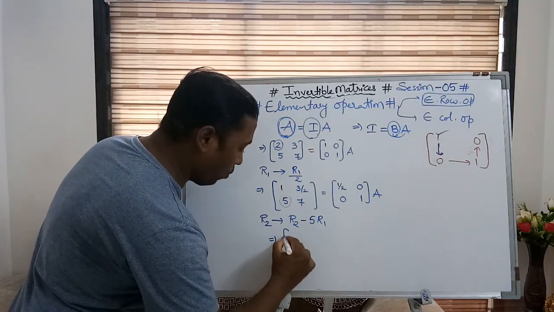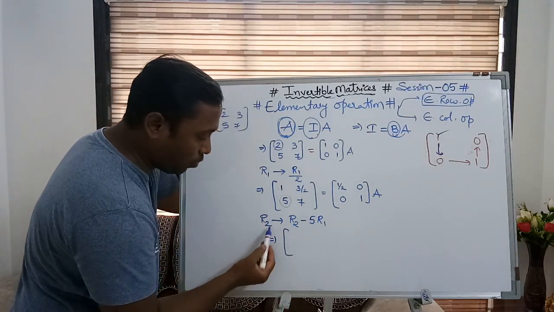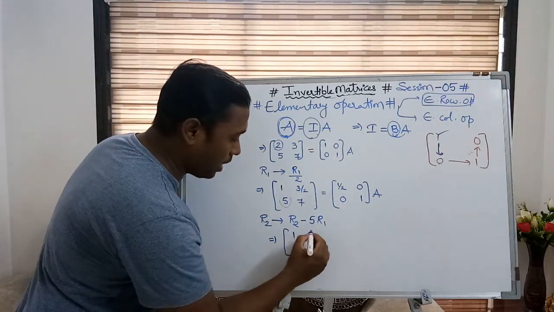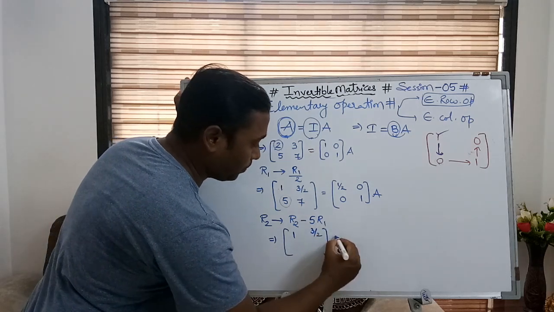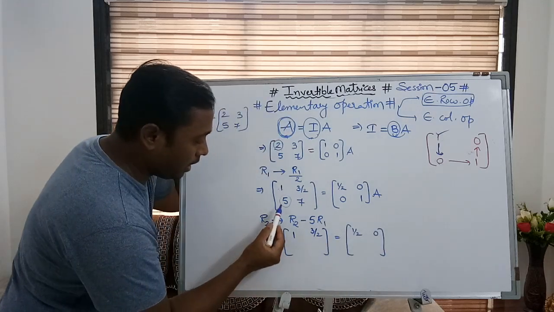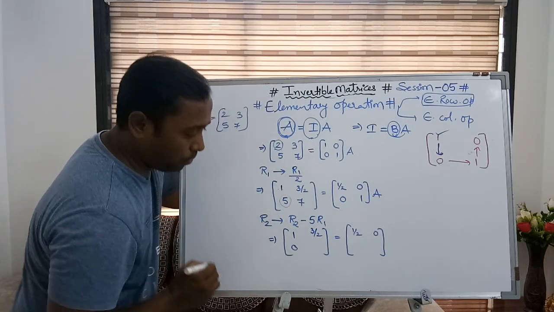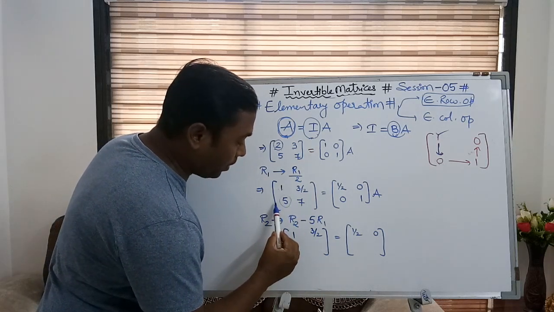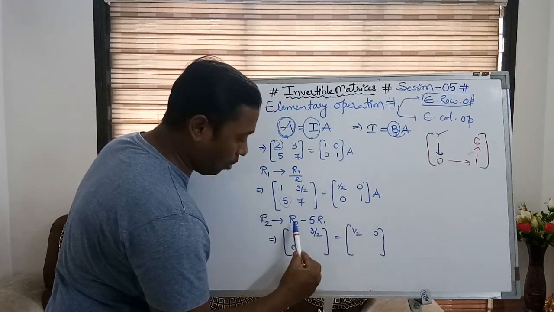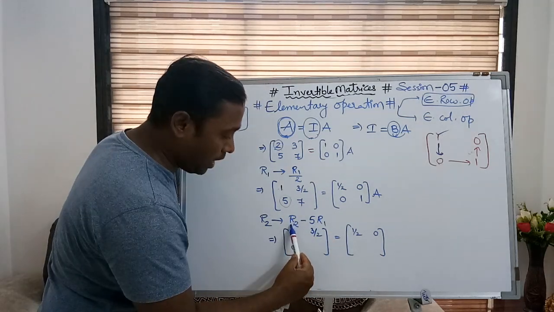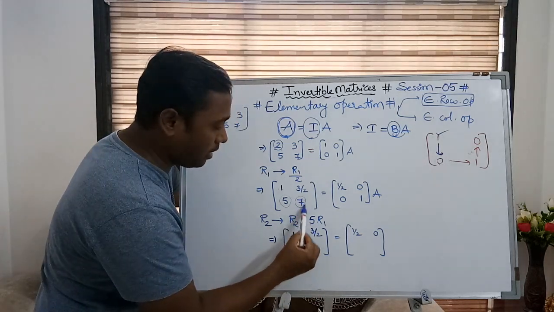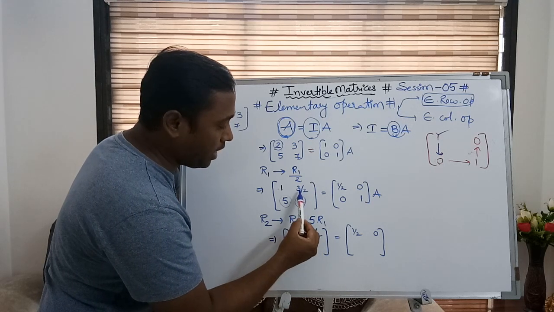So in this step I am going to change R2, hence the R1 elements will remain the same. R1 as it is: 1, 3 by 2, and 1 by 2, 0 as it is. Now if I do that process, it will be 0, and the same operation will be applied to each entry of R2. That means from each element of R2 we subtract 5 times the R1 element. So from 7, what is subtracted? 7 minus 5 times 3 by 2.